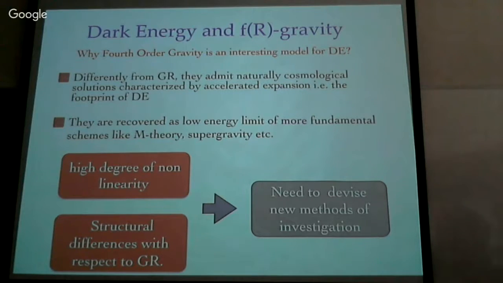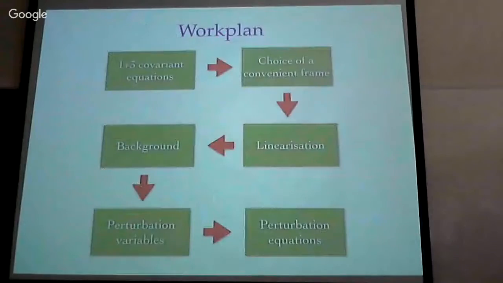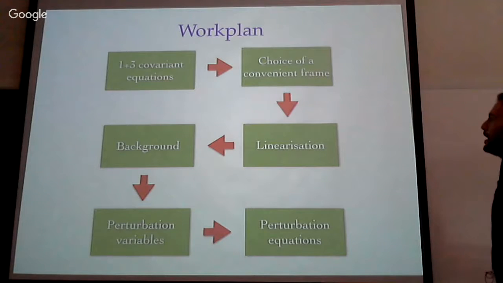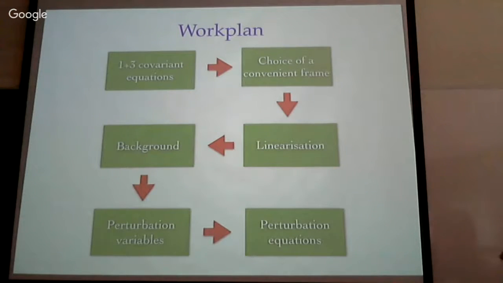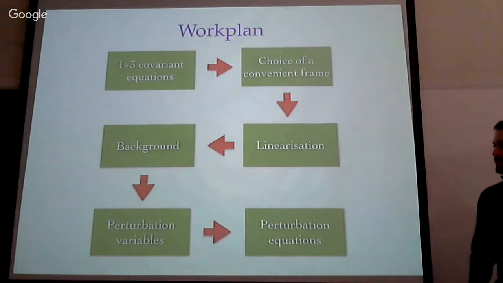So here the discussion becomes a little bit technical, so I'll give you a work line of what I'm going to do. I'm going to introduce the covariant 1+3 method, which are the 1+3 covariant equations. I'm going to give then a choice of a convenient frame, this will be clear later on. I'll then explain what the linearization is like in the frame of the 1+3 approach. Then I'll introduce the background, define some perturbation variables, and give perturbation equations. Okay, so let's start